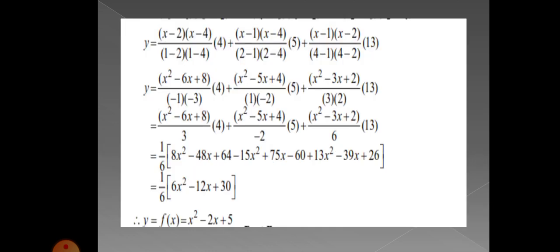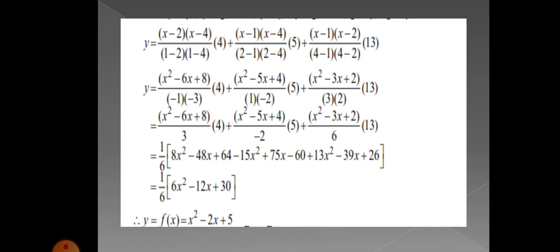Okay. So next, after applying all the values, what does the question ask? Find out the second degree polynomial. One hint was given in the question itself: the second degree polynomial will be the answer. So first, apply all the x0, x1 and x2 values and y0, y1, y2 values and then calculate all the values.